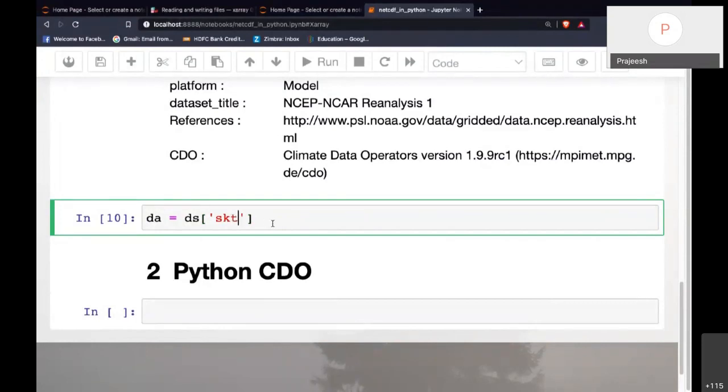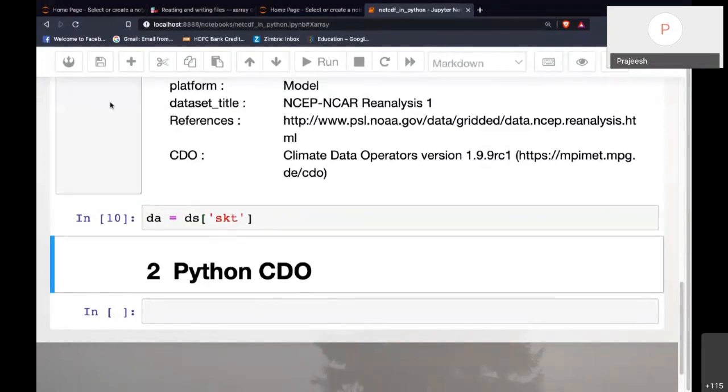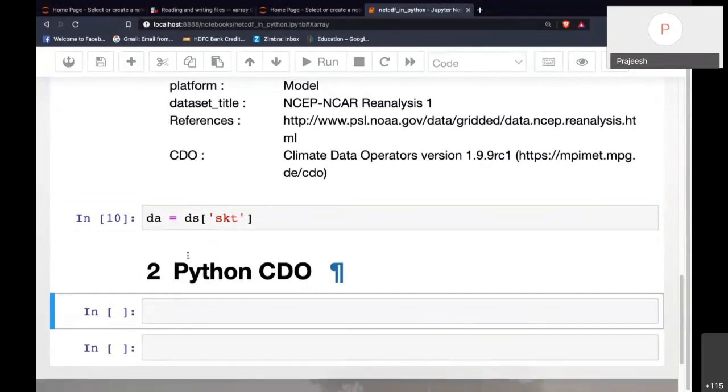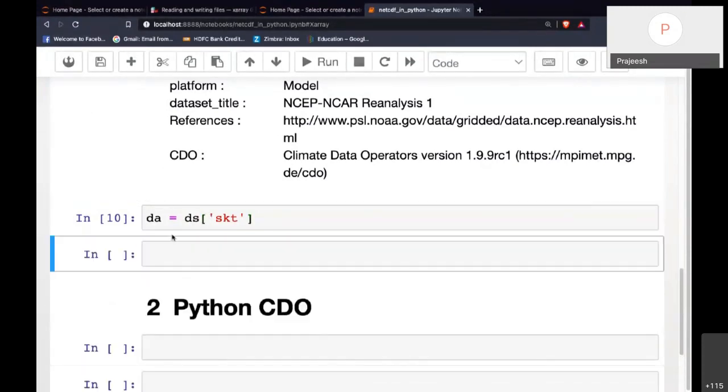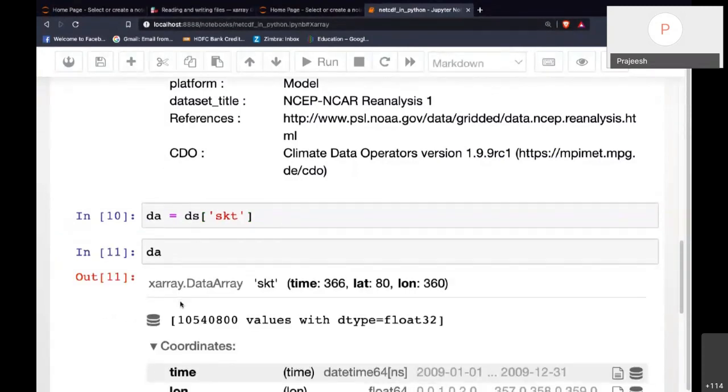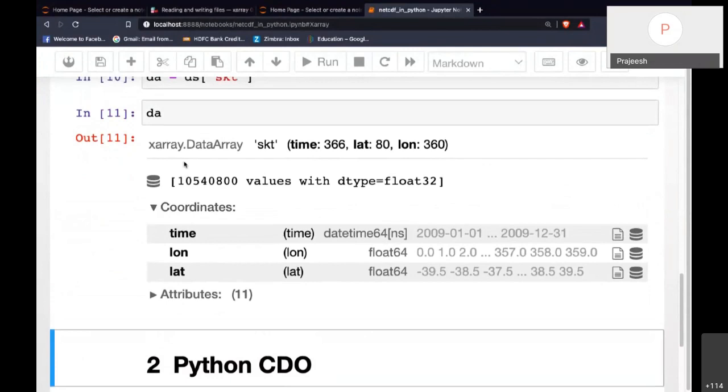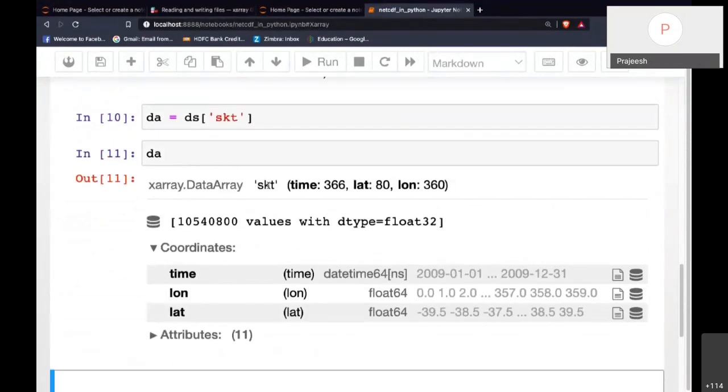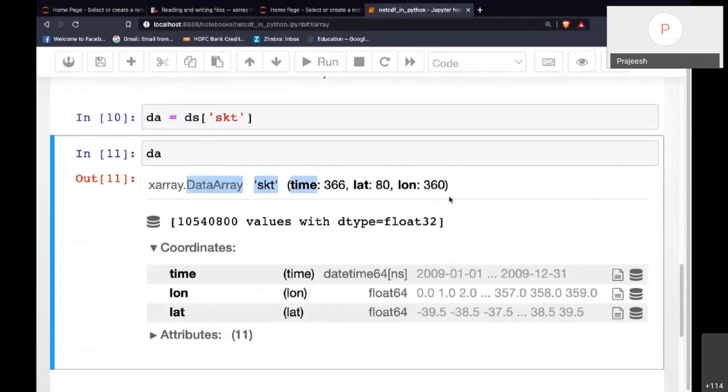So here DA is a DataArray object which has this variable. Now let's see what DA is. You can get all sorts of information about it just by typing this. The name of the variable is here. The dimensions are given here.